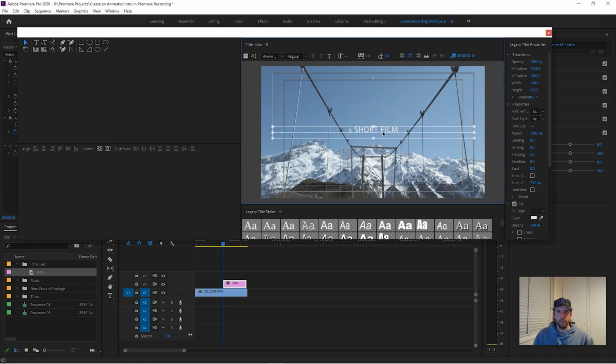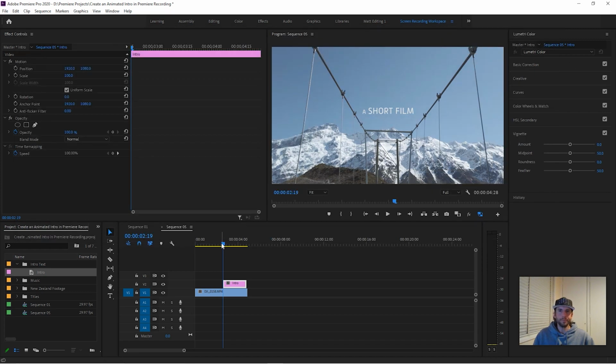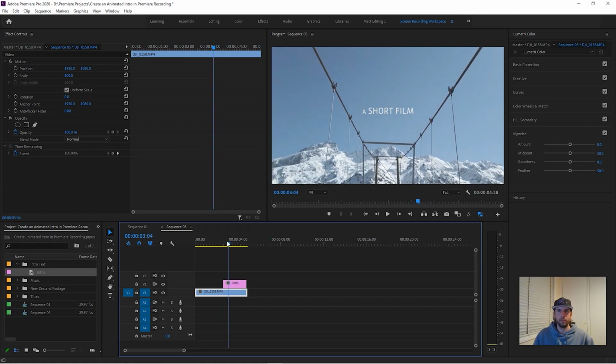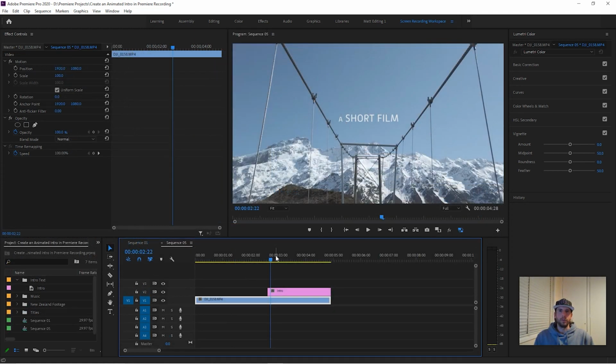And I'm going to drag it down to the center roughly. So that's looking pretty good. Once I'm happy with it, I'm going to close this down. So we now have a rough guide of where our text is going to go, where it's going to appear. Now that we've created the first part of our title, we now need to create the line that appears before